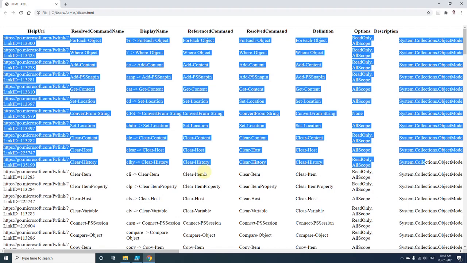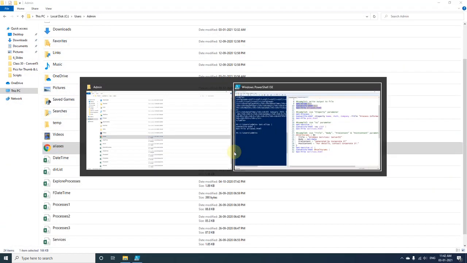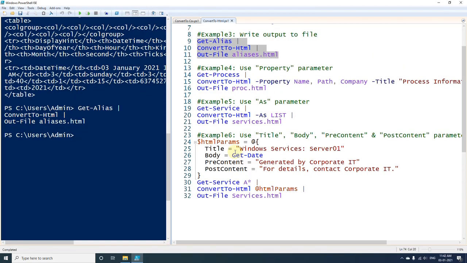So this is how, when we get the output and after converting it into HTML, we store it into a file. And in this example we had not used any Property parameter, so whatever output was given, everything has been converted to HTML, and everything has been written to the file.